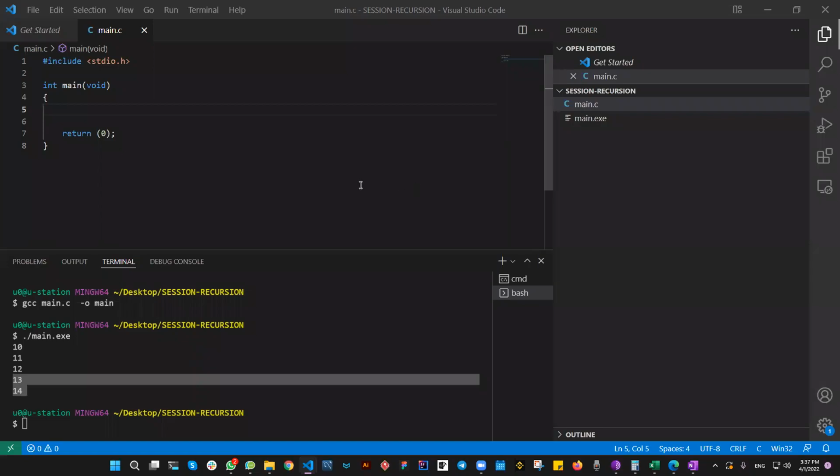Now next is recursion. So how to write recursive functions. There are certain problems that can be solved with recursive functions. There are also problems that can't be solved without recursive functions. So for now, we're going to see how to take a loop and turn it into something that